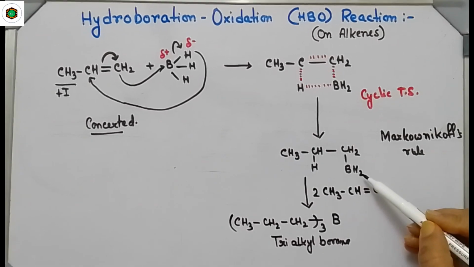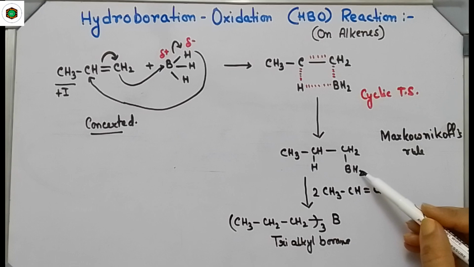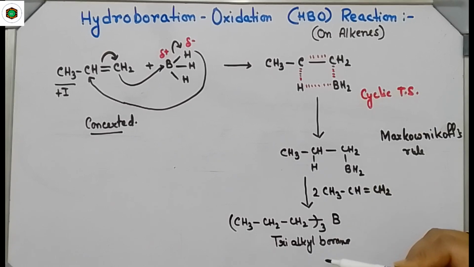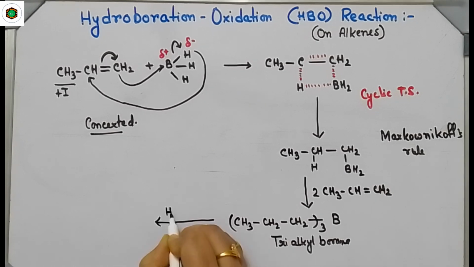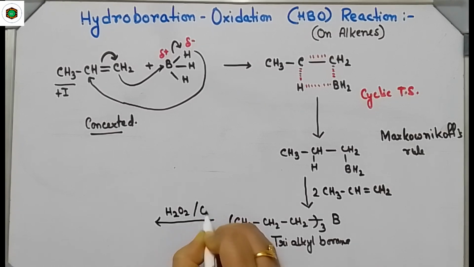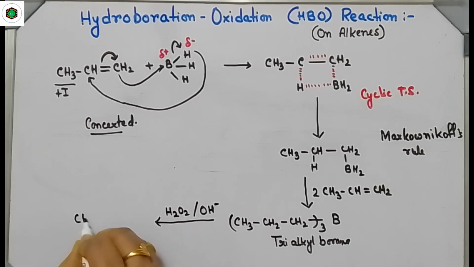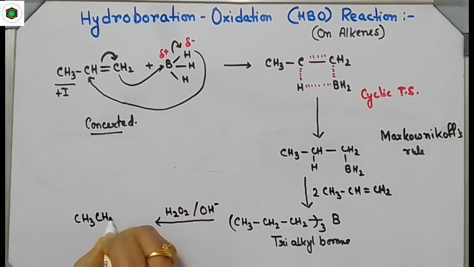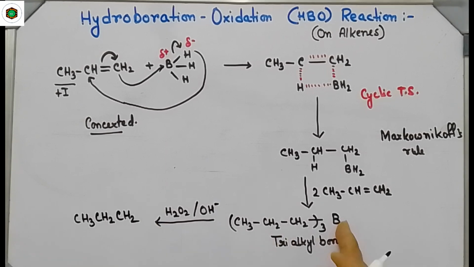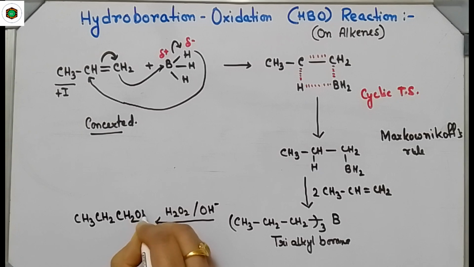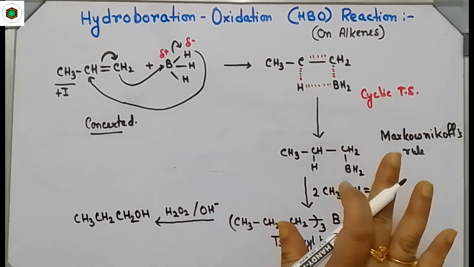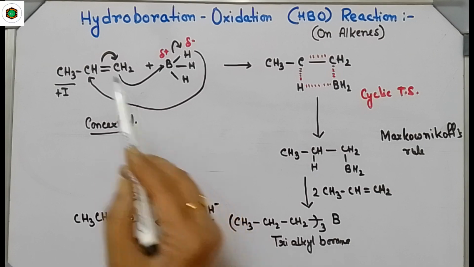Similarly, the other two hydrogens will also be replaced by alkyl groups, and we will get trialkyl borane. So a total of 3 molecules of alkene are required. After that what will happen? For oxidation, we have to treat with hydrogen peroxide in alkaline medium, and here we get CH3, CH2, CH2, where the boron atom was attached, at that place by oxidation we get OH. Mechanism in detail I am not showing. So finally